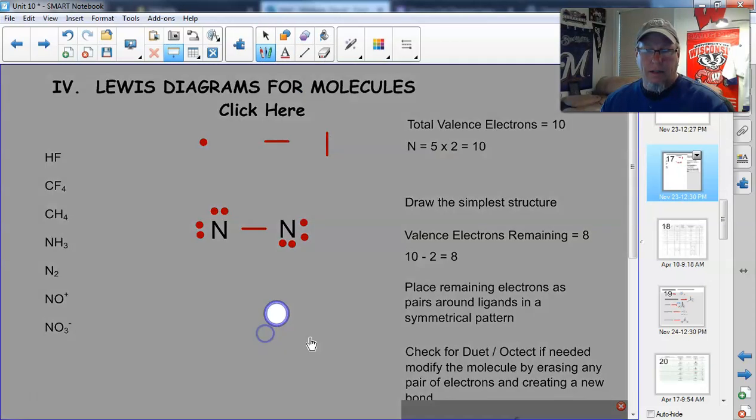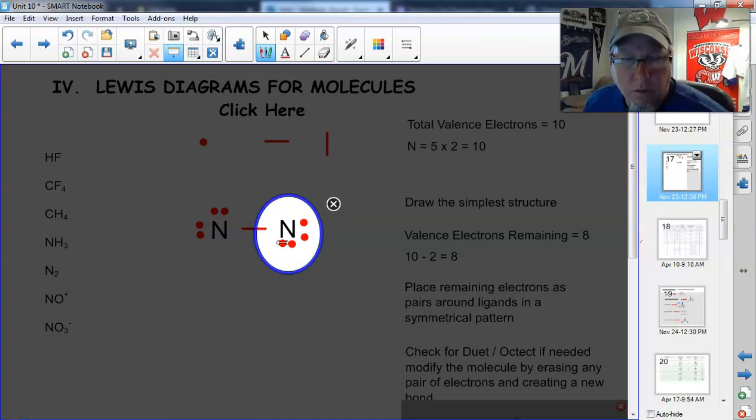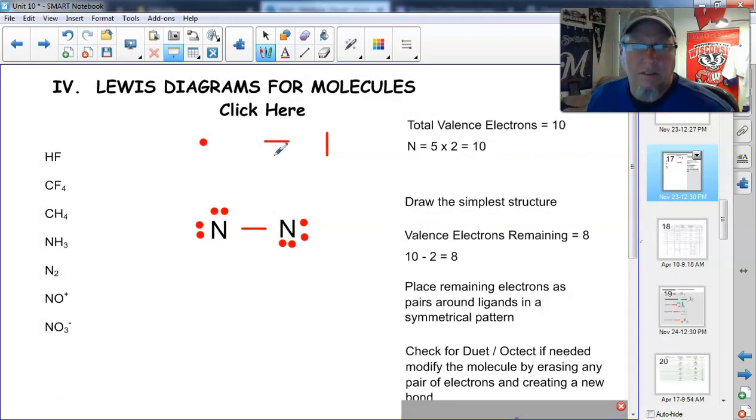So get my spotlight out. Need to be a little bigger. There we go. This nitrogen, 2, 4, 6. That nitrogen is not happy. So if I go look at the other one, 2, 4, 6. That nitrogen is also not very happy. So what I need to do in this case is